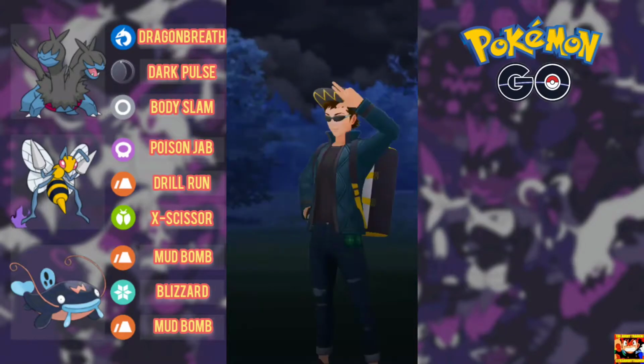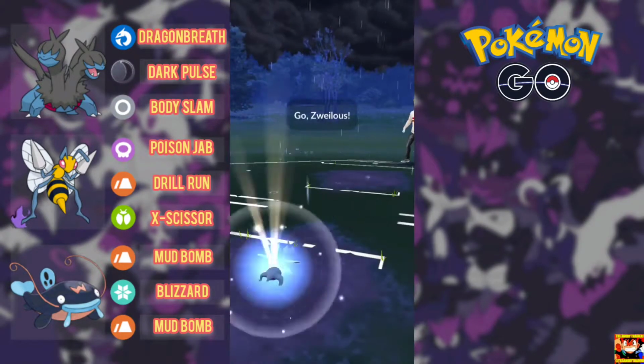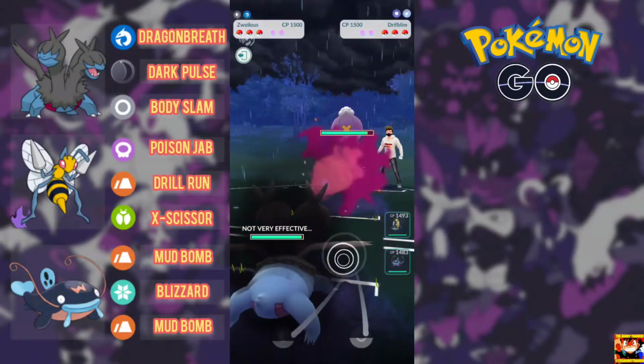This team's really fun to run, I tell you. All three Pokemon are quite fun, they've got interesting movesets, and they work together quite well, so I would actually recommend this team. So moving on into the next one, we've got a Drifblim on the lead, so that's a